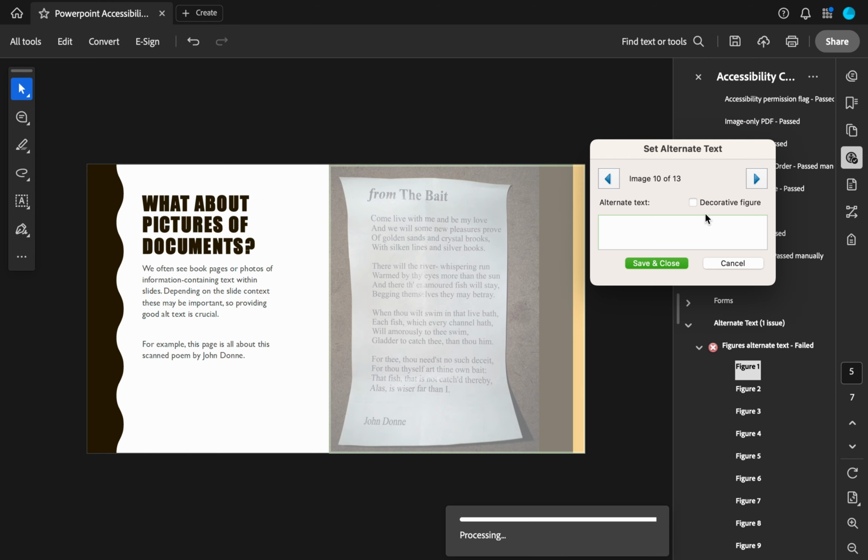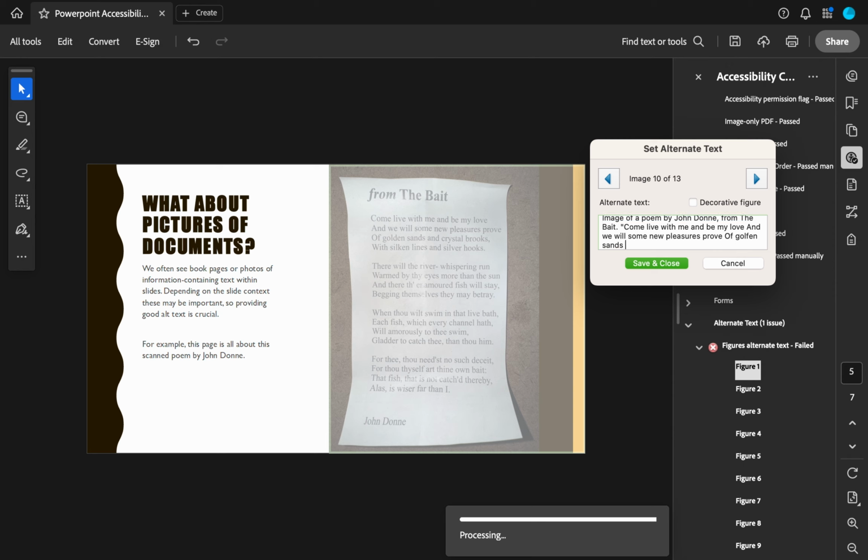Then we can navigate through. Oh, there's another one that we just mark as decorative. The tree, say drawing of a tree, and say there's like a label on it. We can say like drawing of a tree with trunk labeled, something like that. All right, so now we've got this poem again. We come up with the same sort of conundrum. It's like, okay, should we copy the text and put it on the next page, or should we put it in the alt text? In the case of the poem, we can probably just have it in the alt text